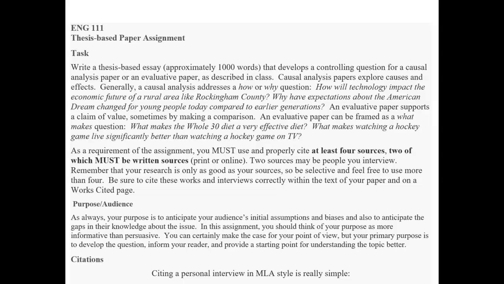If you're talking about diet, certainly you're looking at, does it help people lose weight? Do they stick to it? Is it a diet they don't quit on after a few months? Is it a diet that lets people continue to eat a lot of the foods they're used to eating? Something like that. With hockey, well, you can certainly talk about,